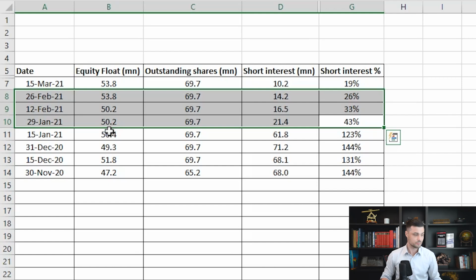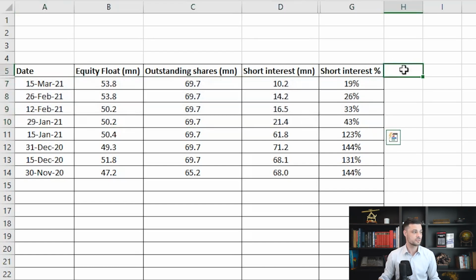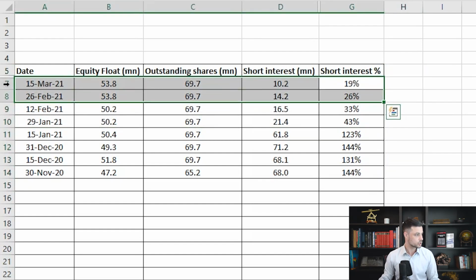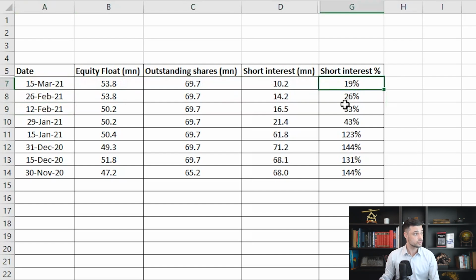So this data is correct. But once again, you have the synthetic short that is right now around 20%. So of course you need to add it, all right? But here, what I'm interested in, guys, and what I want to show you, is that on the 15th of March you got 20%, guys. And it's just going lower every fortnight. Each time this data is published, it's going lower.